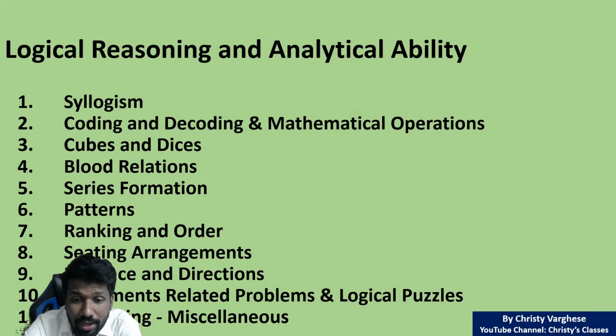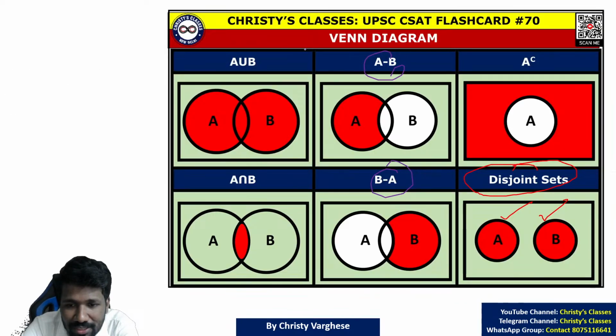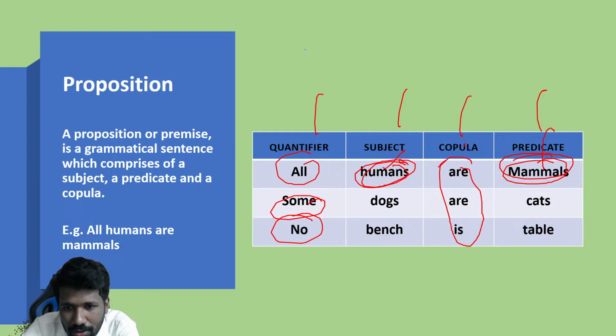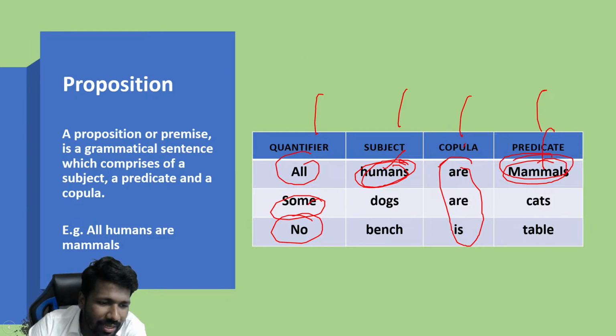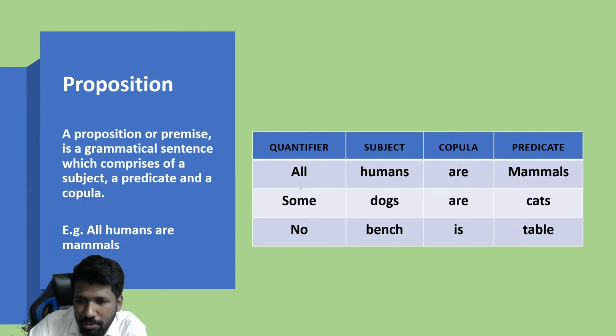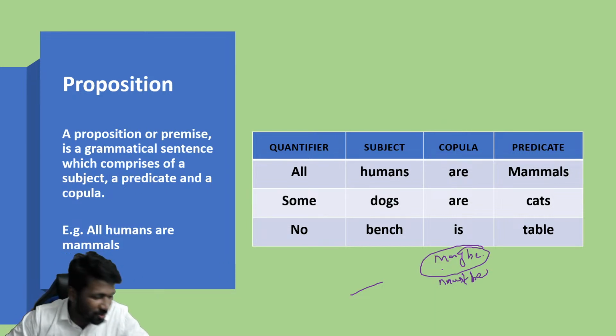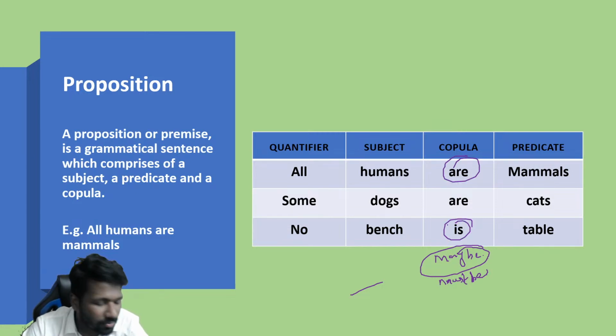Now, one more thing I want to specify is that the copula is also very important. The copula word you should be very careful about. Normally is and are are the more commonly used copulas, but some others are there, may be, must be, etc. Especially may be, may not be. In the comprehension unit also this is very important. UPSC aspirants, I am telling this to you too. In comprehension also, may be is a loose term, but are is one of the extreme terms.